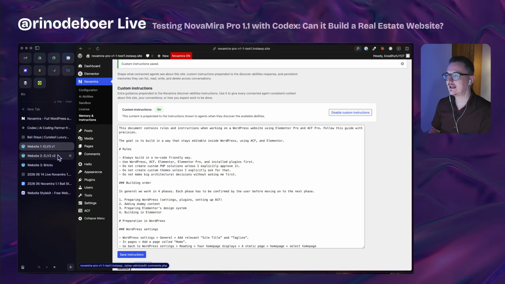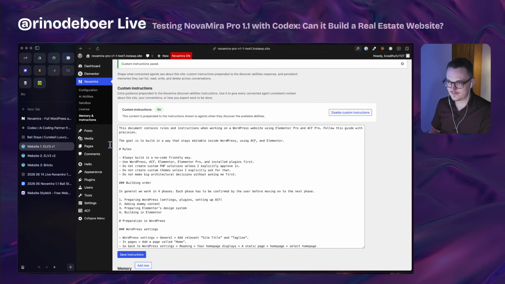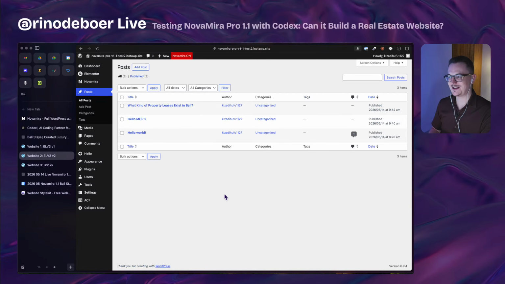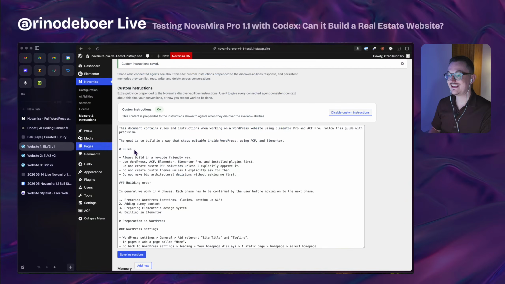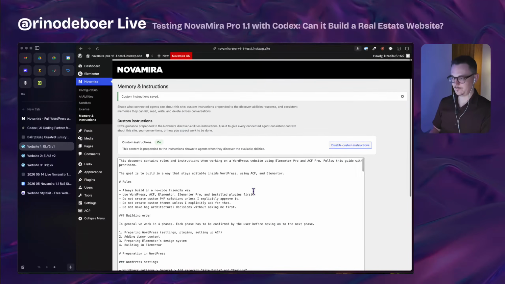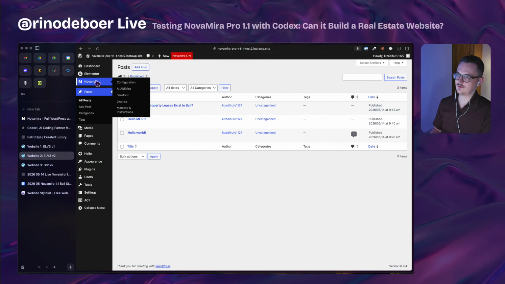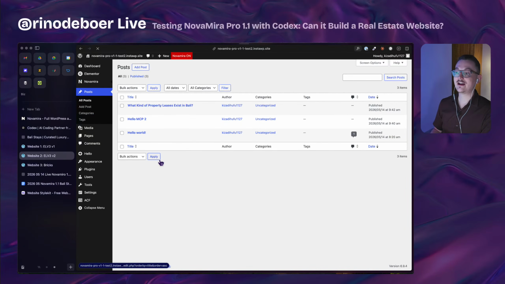One over here and one over here. You can see the domain is different. This is test 1, this is test 2. So if we mess this one up, I have one other website prepared. It's exactly the same. And then we can change this file, improve it, then copy this, go to this new website, because in the new website we don't have any instructions